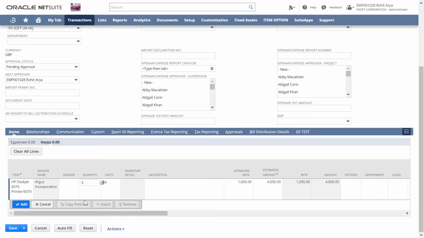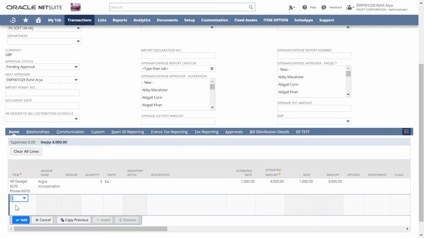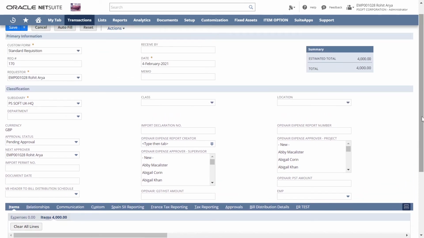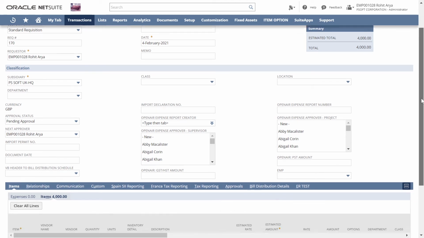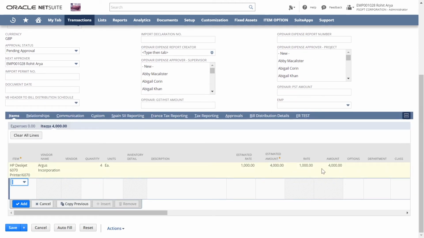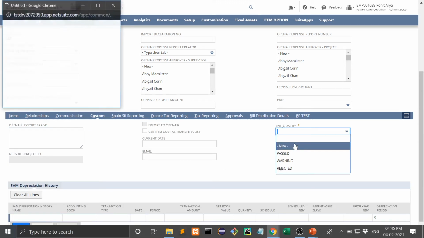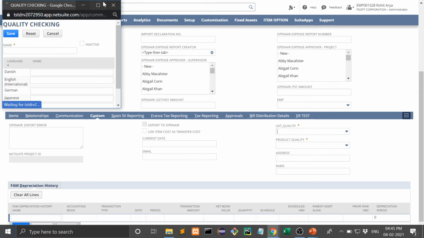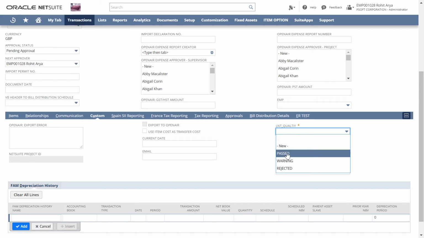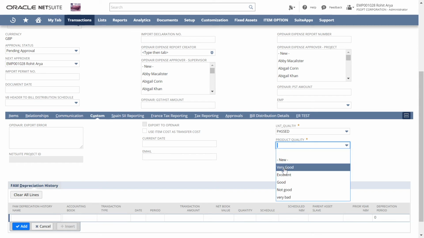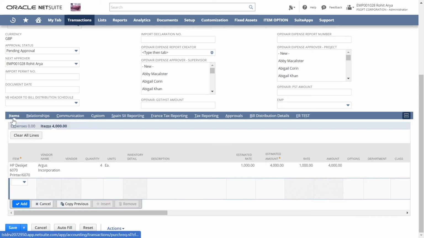Now we will be clicking on the add button. As soon as you add the item, you can see above the estimated total, and the total has also changed and it is equal to the total which we have taken under our items tab. So now we are going to change it as per our details which are needed. We are going to save it and proceed further now. So now I will be clicking save.